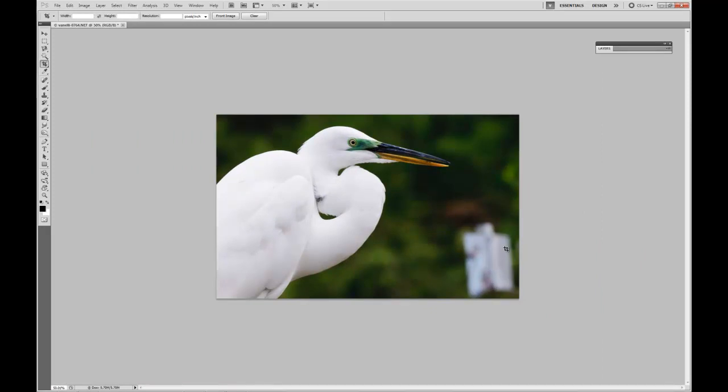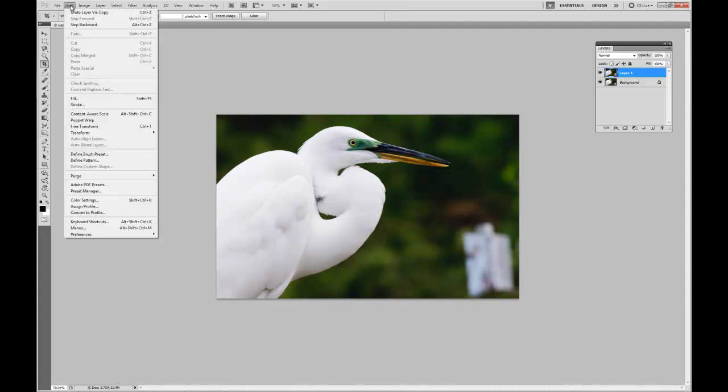One problem now is in the bottom here, this sign is now going to become a distraction. So from the layers menu, make sure you select the background, Control J on a PC, Command J on a Mac to duplicate the layer. From the edit menu, select transform